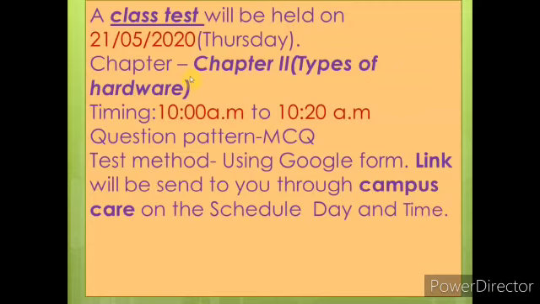Any doubt, you can send a message through Campus Care. You get 5 days to study one chapter, and only a 10 marks test will be there, and all the questions will be MCQs. So read line by line to answer these MCQ questions.